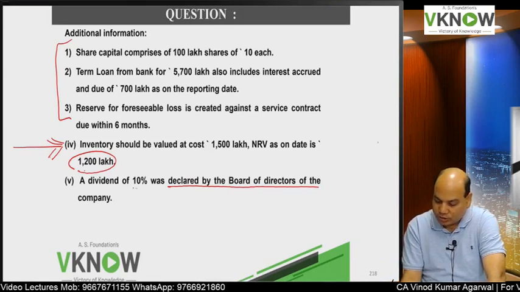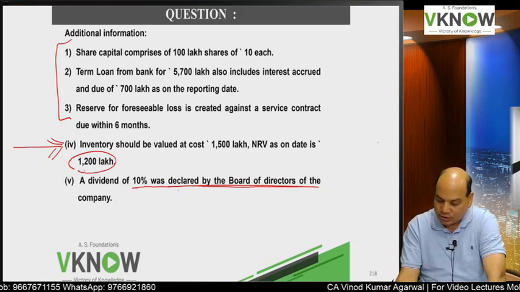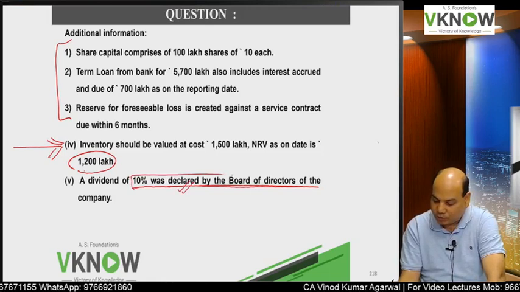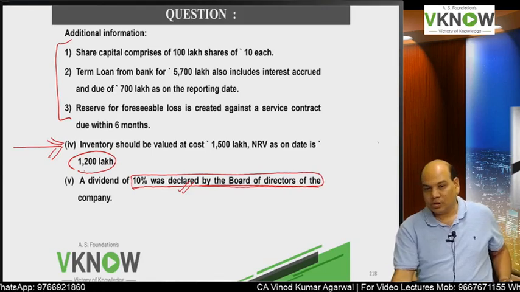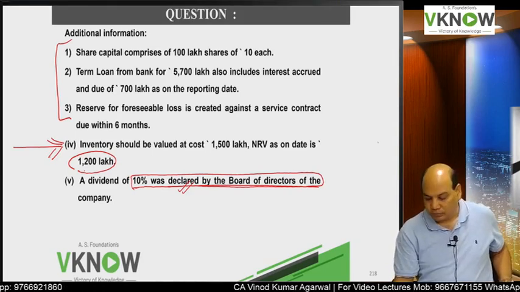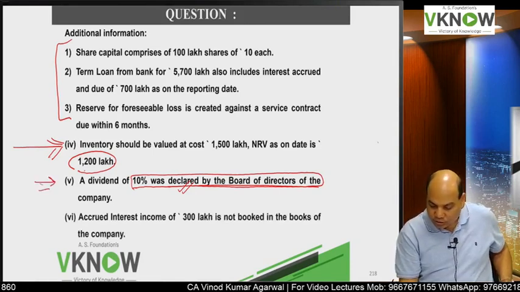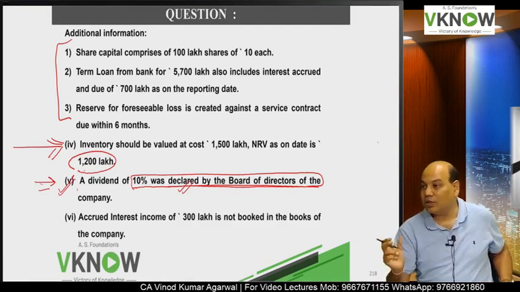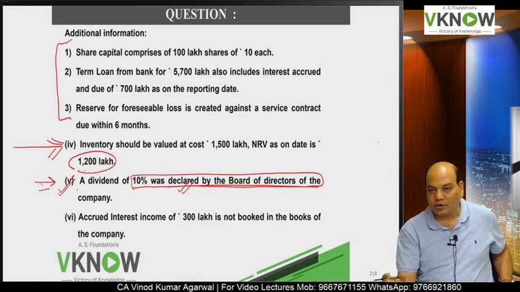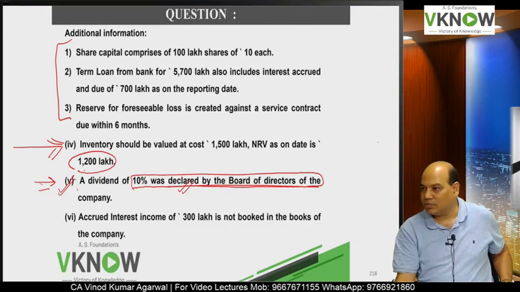So we will assume that this was declared on or before the end of the financial year. So once it is declared, it is an interim dividend if it is declared before the end of the year. An interim dividend can be declared by the board and it needs to be provided for. So this is a new adjustment for you. This we have to provide. This is not in the given balance sheet. So it will have double effect. One effect will be deduct from SOCI and second effect it will appear as a liability in the balance sheet,